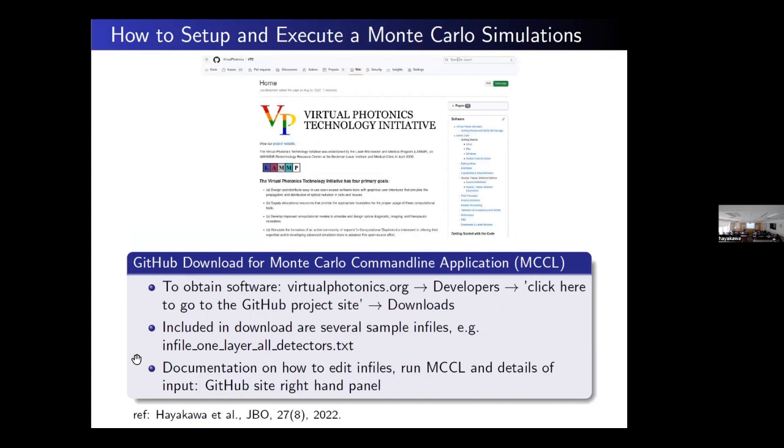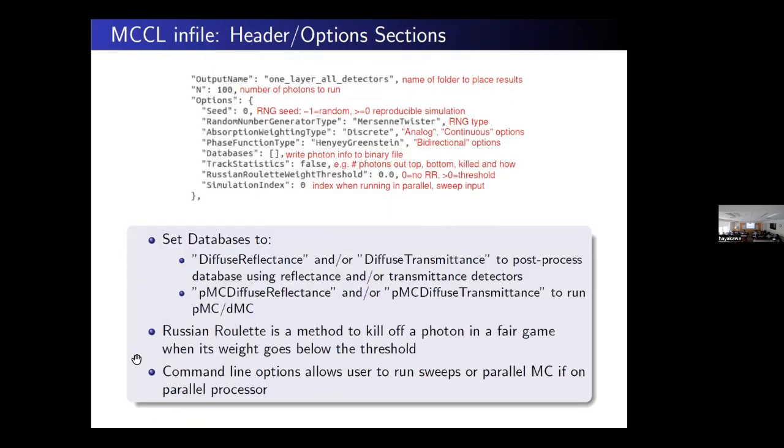And on this right-hand side over here, we have all sorts of information about how to run files, how to edit files. They're all written in JSON, and the files are in JSON. And the source documentation that Jonica wrote is over there. So you can take a look on the right-hand side. But just to give you an idea, this is kind of what the JSON looks like.